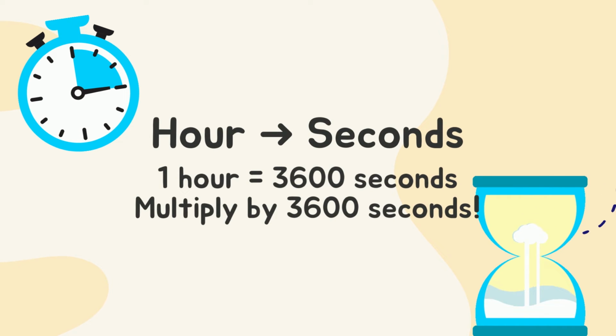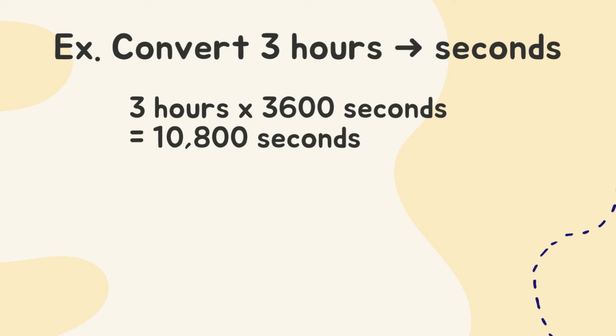If you want to convert hours to seconds, you multiply the hours by 3600. Why 3600? Because an hour has 3600 seconds. For example,